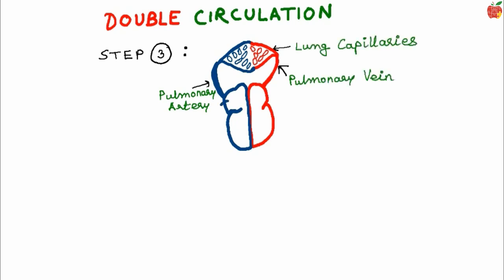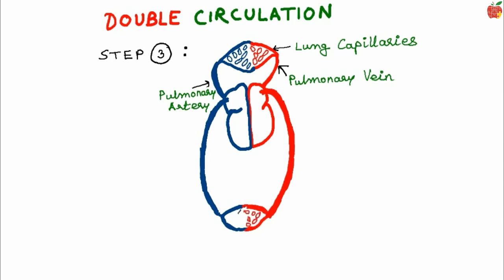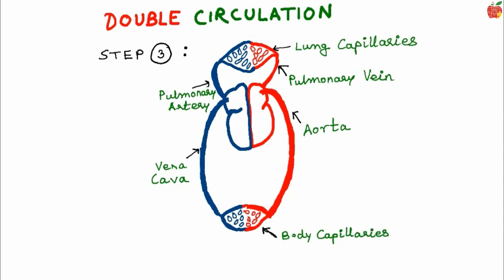Step 3. Now comes the vena cava and the aorta. So you draw the vena cava like this, big tube extended down. Similarly, draw another tube from the other side. This is the aorta. So you join them to the net, label the aorta to body and vena cava from body. Remember which is from and which is to because that is very important. And the net shows the capillaries in body organs apart from lungs.